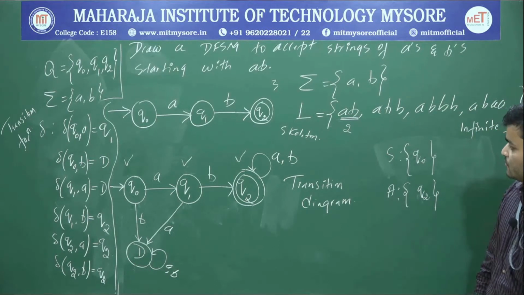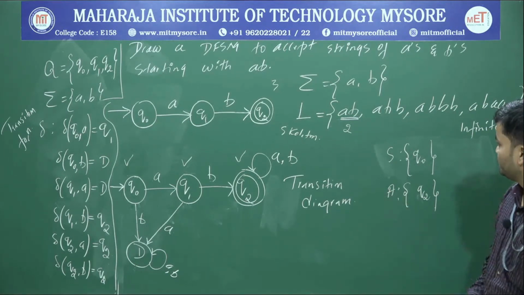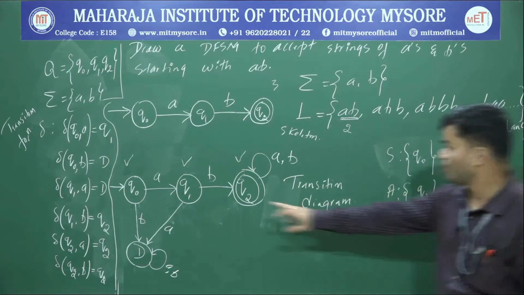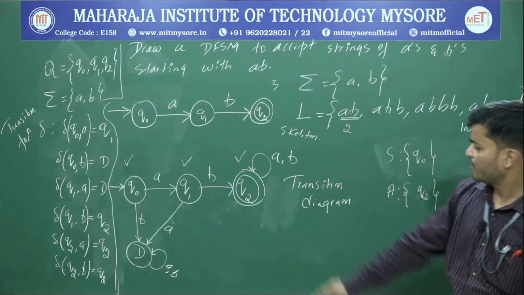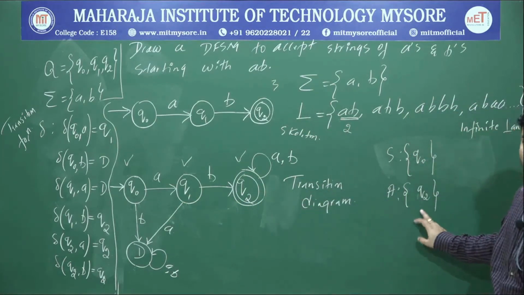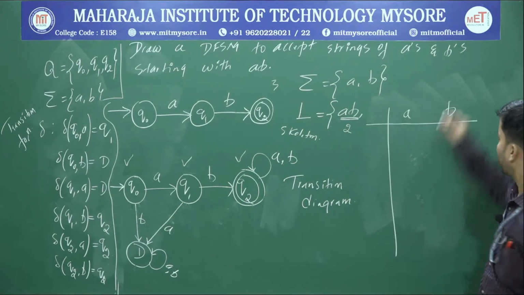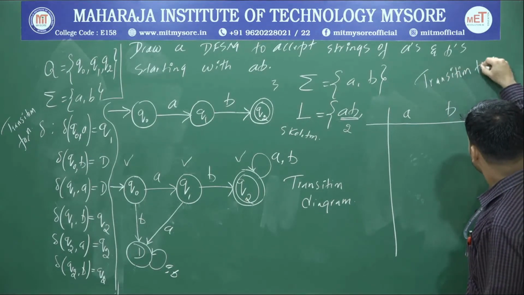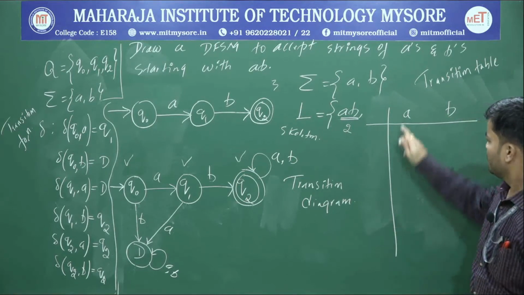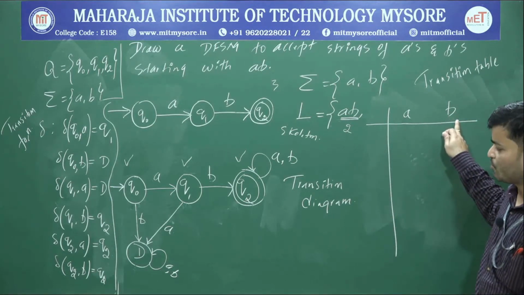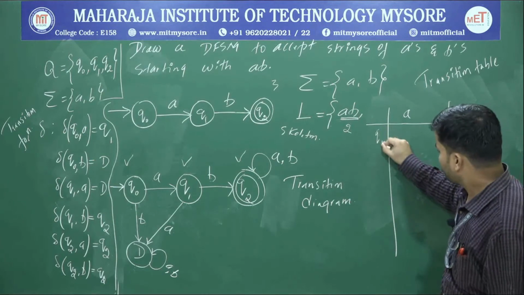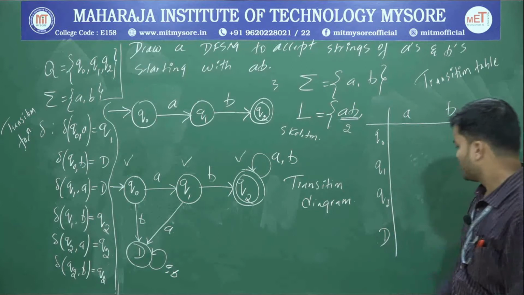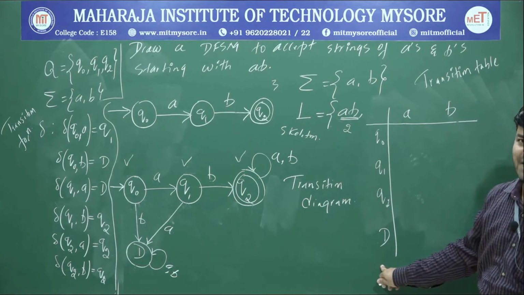Yeah, there is one more thing, that is a transition table. I'll rub this part and I'll write. So start state is Q0 and accepting state is Q2. So transition table. You write the inputs over here. Next, how many states? 3 states. If you want, you can include a dead state or you can skip that one, while writing the transition table.